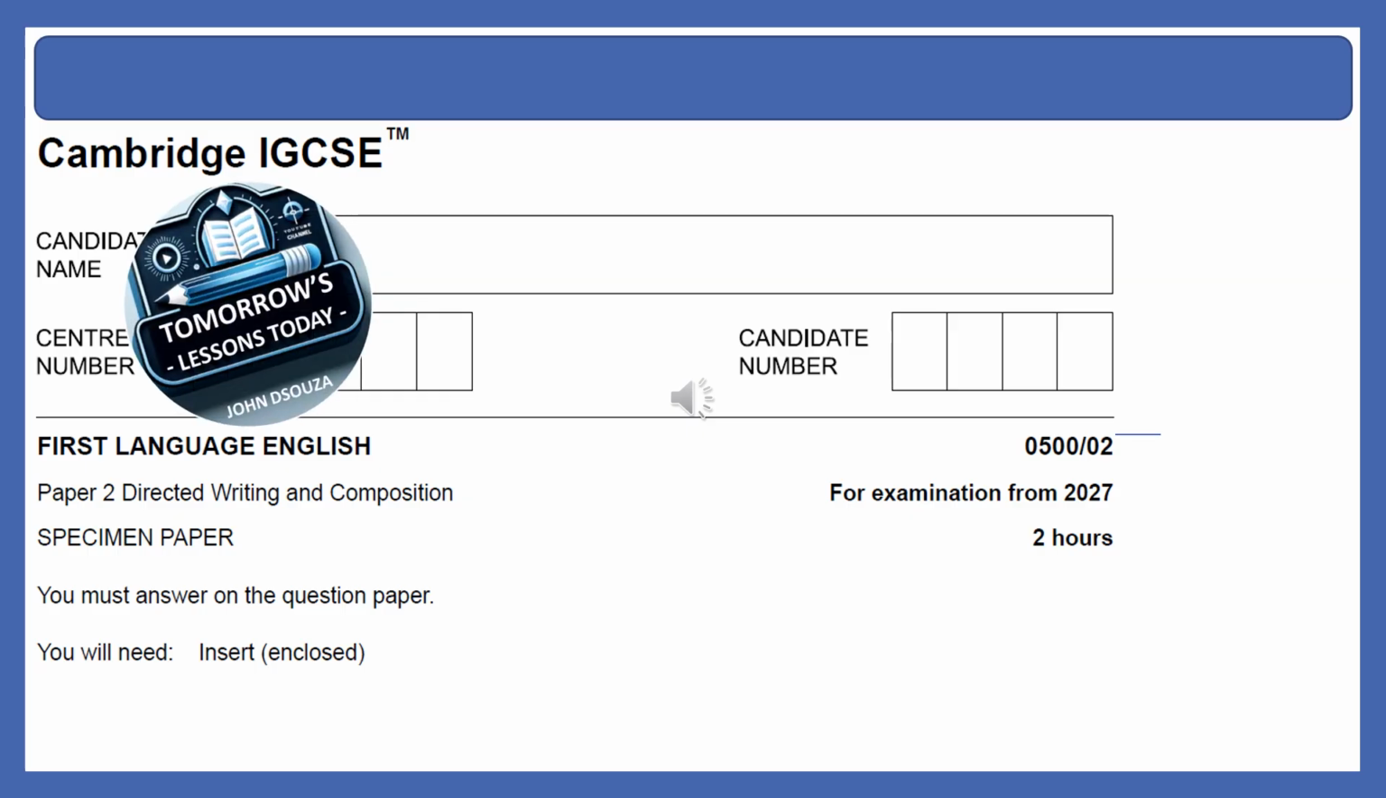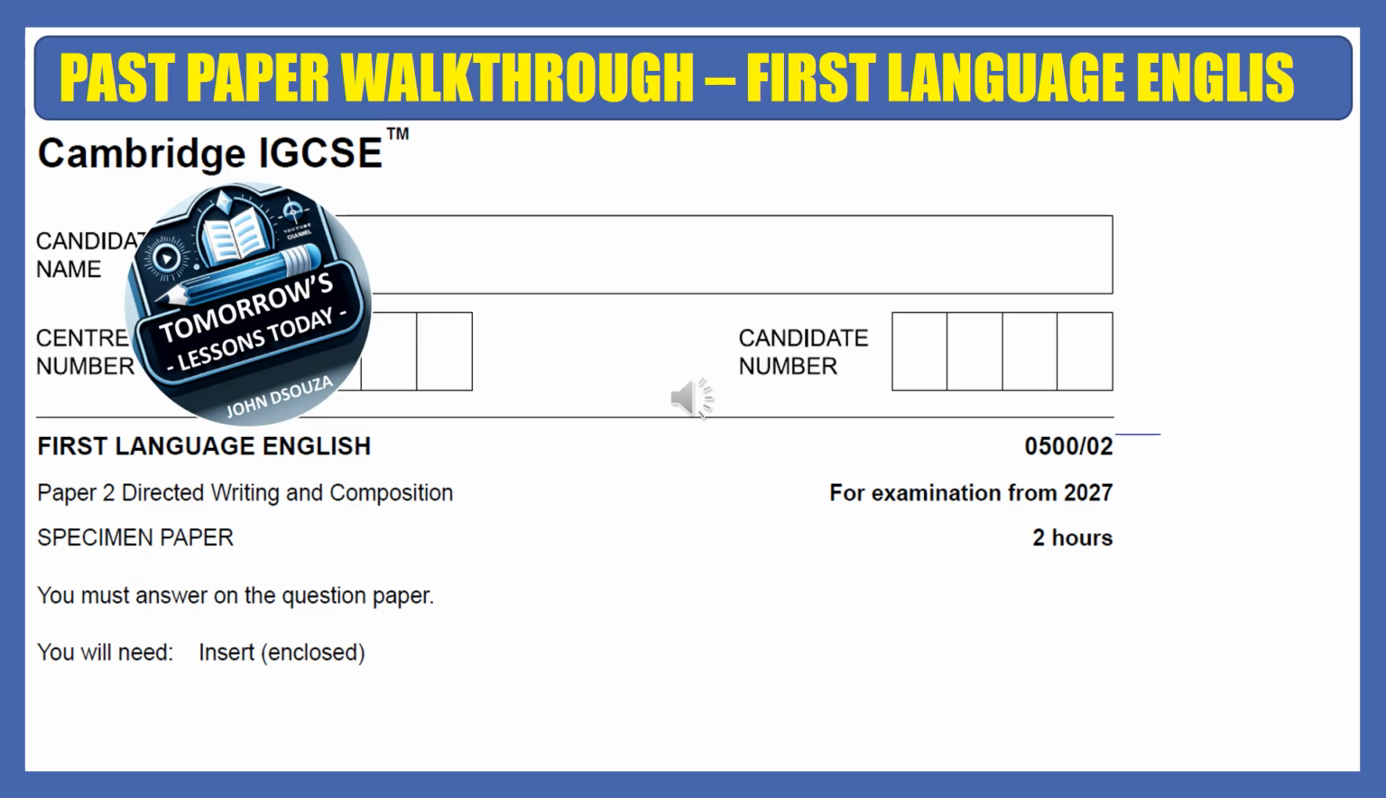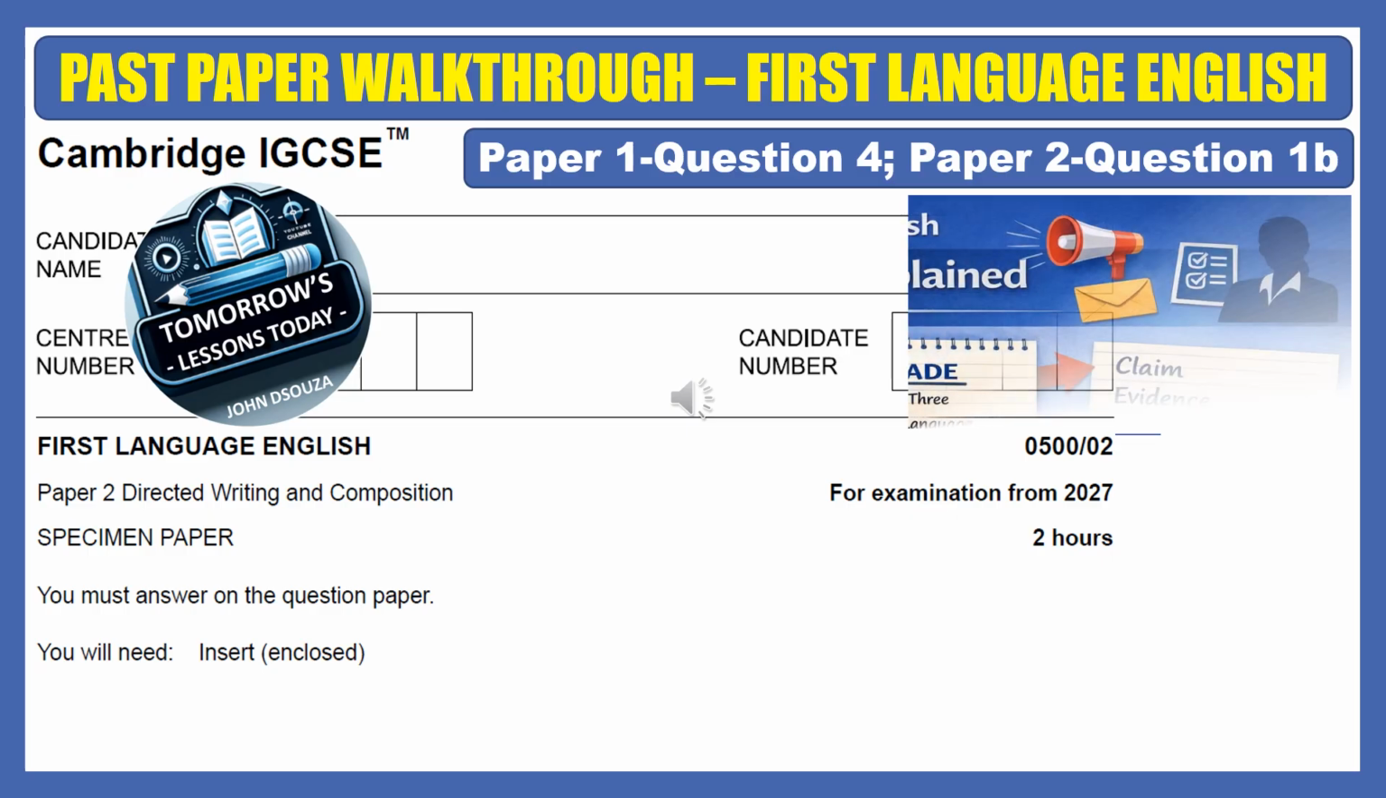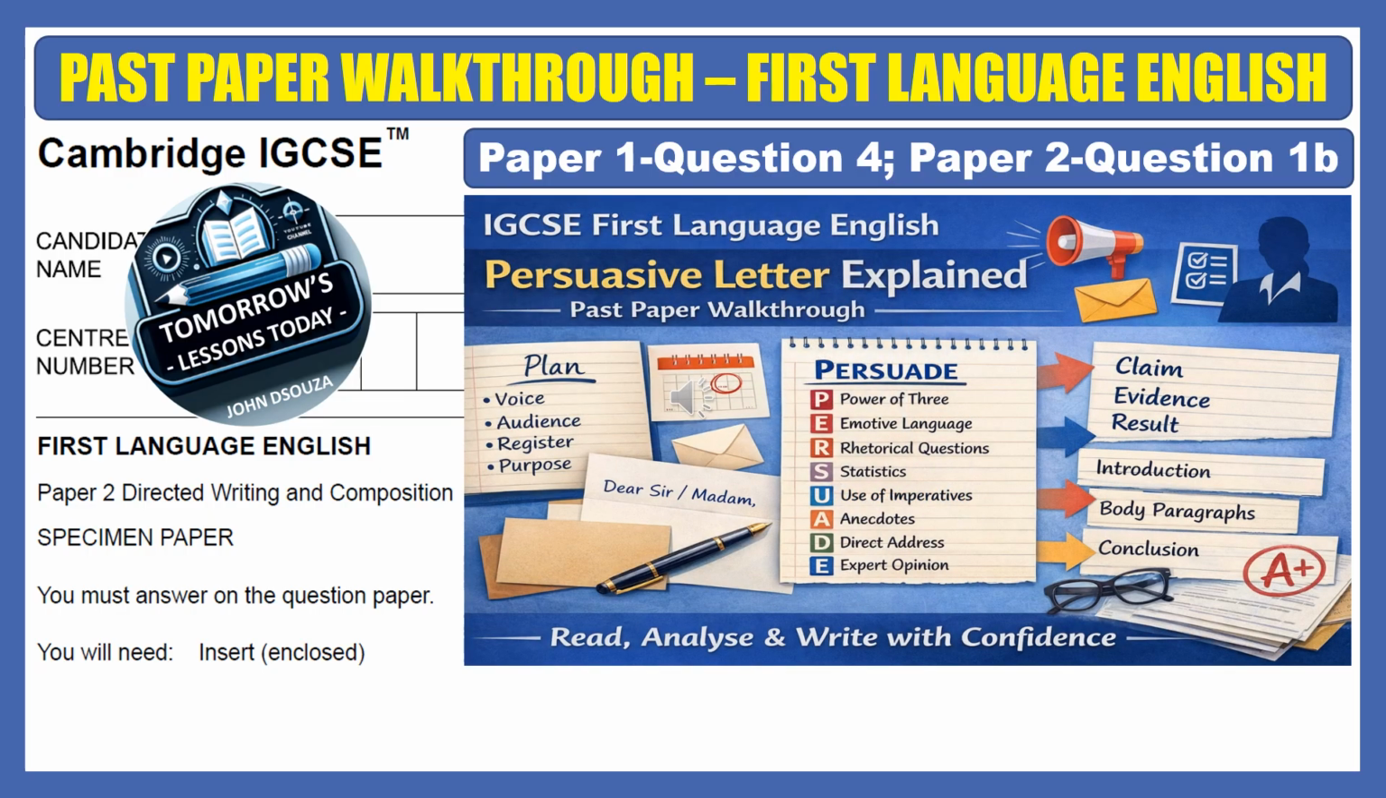This session focuses on a past paper walkthrough for first language English with particular attention to paper 1, question 4 or paper 2, question 1b as part of Cambridge IGCSE examination preparation. The tutorial offers clear step-by-step guidance on directed writing with a strong emphasis on crafting an effective persuasive letter. Viewers are encouraged to watch the video in full without skipping any sections to gain a complete and thorough understanding